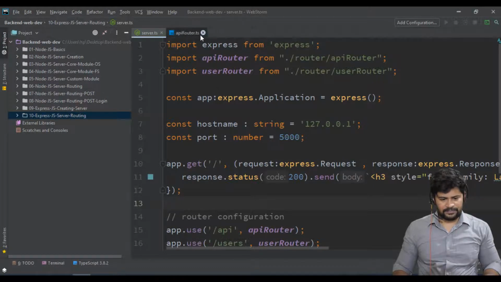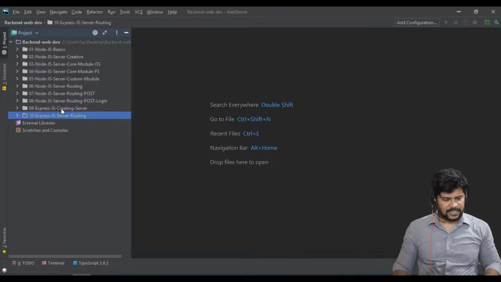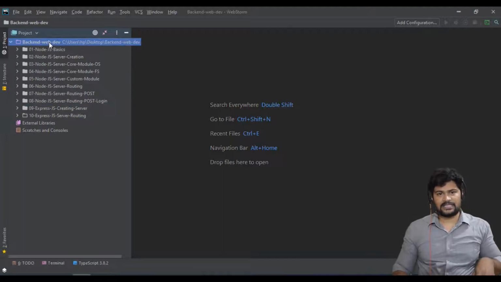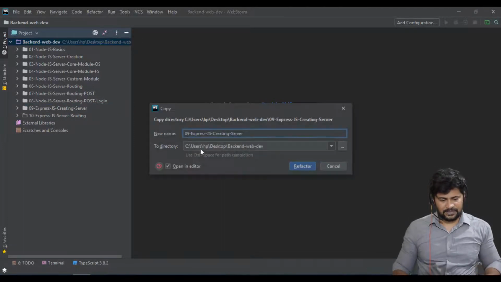I'll take the same folder for the server creation logic. Let me copy and paste it, because I want the same Express.js server setup. Let's rename this to 11 Express.js server for handling form data.